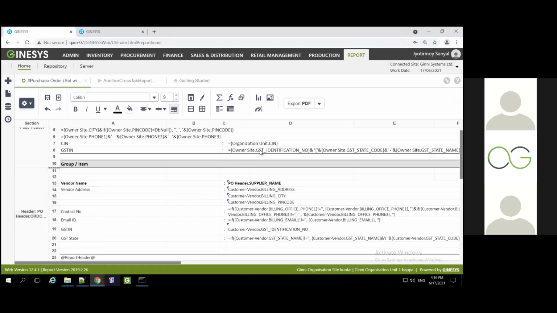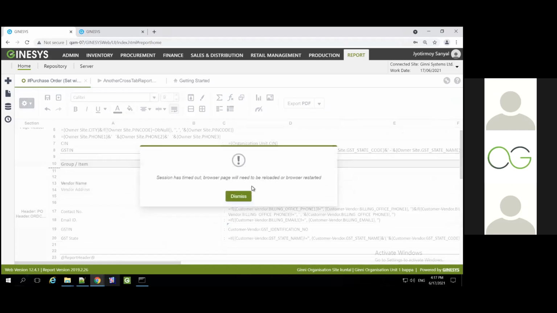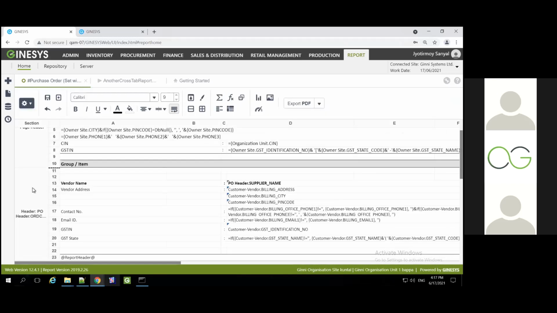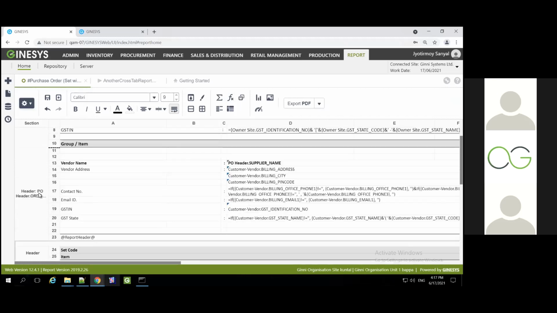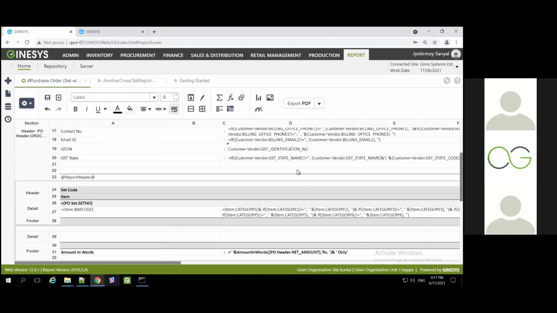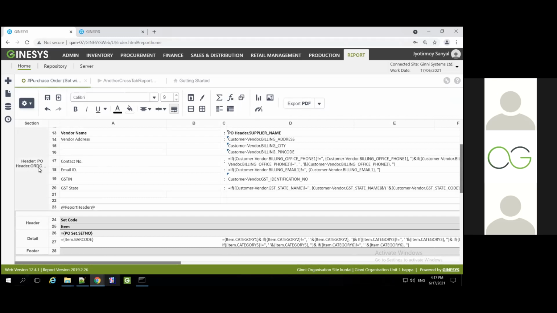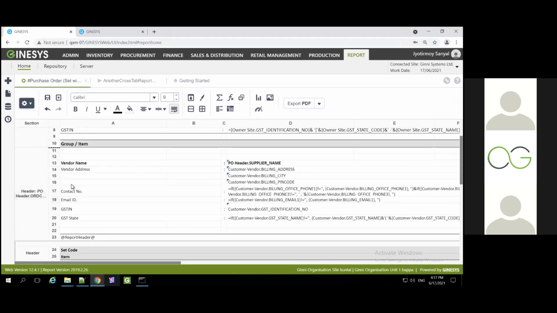Let me modify this section, then you will probably get a clearer view. The session got timed out. Anyway, you will see this is the order code. For my purchase order, the main unique key is the order code, and for my order code, I have defined the various information here. So this is my purchase order, the order code header part, and there's a group header for the purchase order header, the PO header.